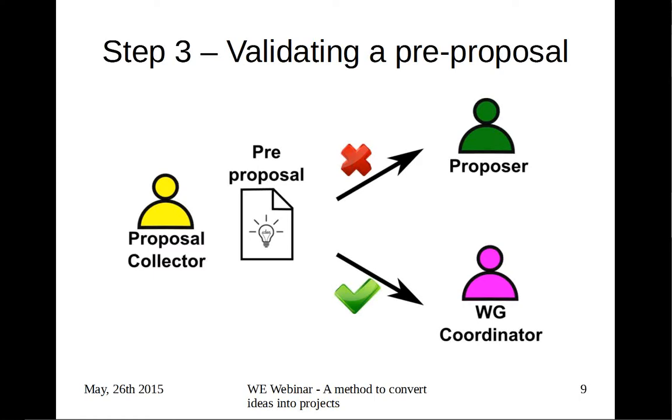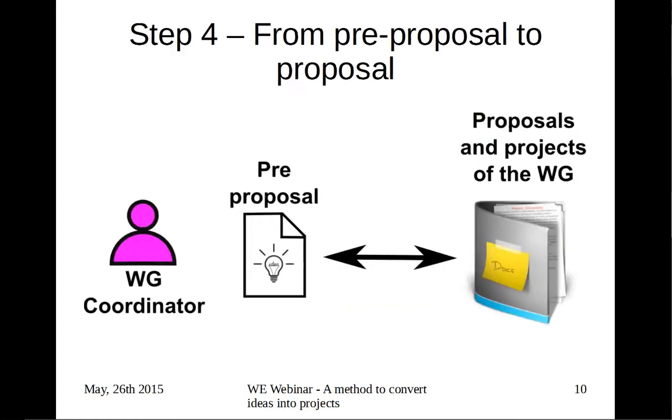This is the beginning of step 3. These pre-proposals go back to the proposer if they're refused. The proposal collector says, well, I'm sorry, there's not enough data, there's not enough information in your proposal. Please give us more information. But if there is, it goes to the coordinator, and the coordinator takes a look at the pre-proposal and compares